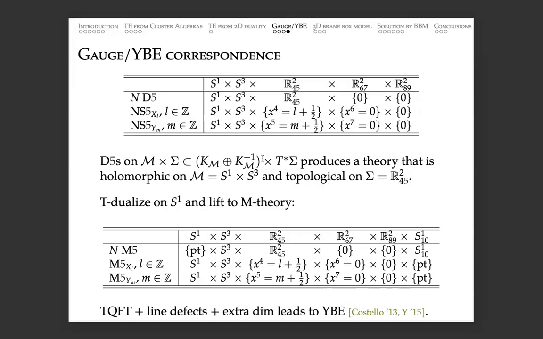There's an additional direction which comes from this S1 times S3, and you can show that in some dual frame, these three topological lines sit at different points in this extra direction. So there's nothing singular going on when you go from the left-hand side to the right-hand side of the Yang-Baxter equation, and you can smoothly move one line and pass the intersection of two lines, and you obtain the right-hand side. So this is the reasoning behind the appearance of the Yang-Baxter equation from this brane construction.